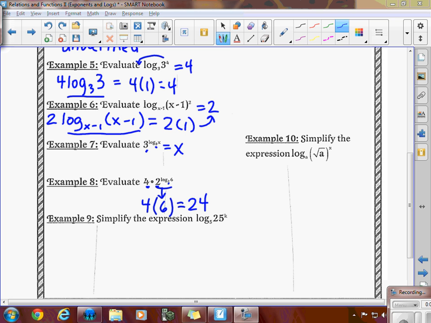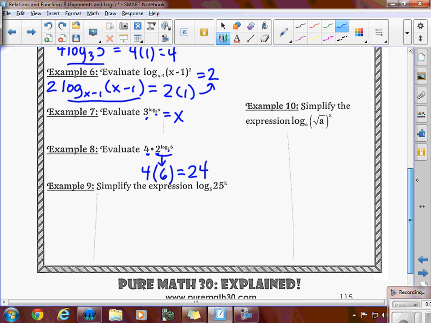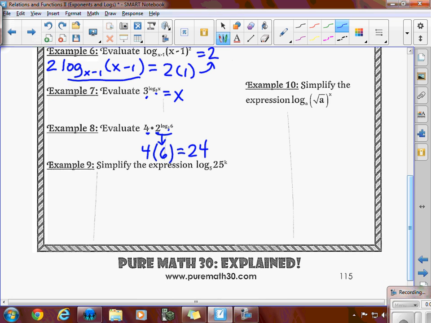Looking at example 9 now, it's saying, let's simplify this expression. I have log base 5 of 25 to the power of k. We've got to think through all of the laws we've looked at so far. The first law that I would consider, and I'll just rewrite this, is that I have stuff with an exponent on it, so I might as well drop that k out front. So I'd have k log